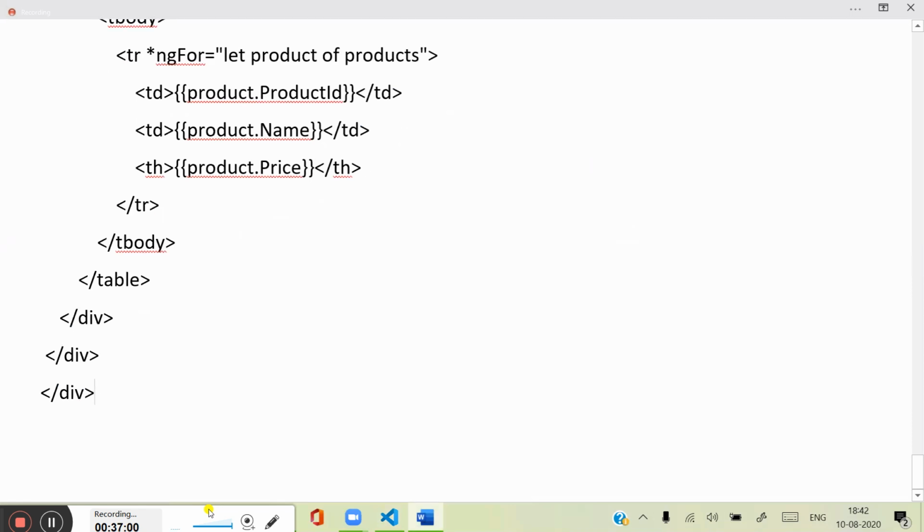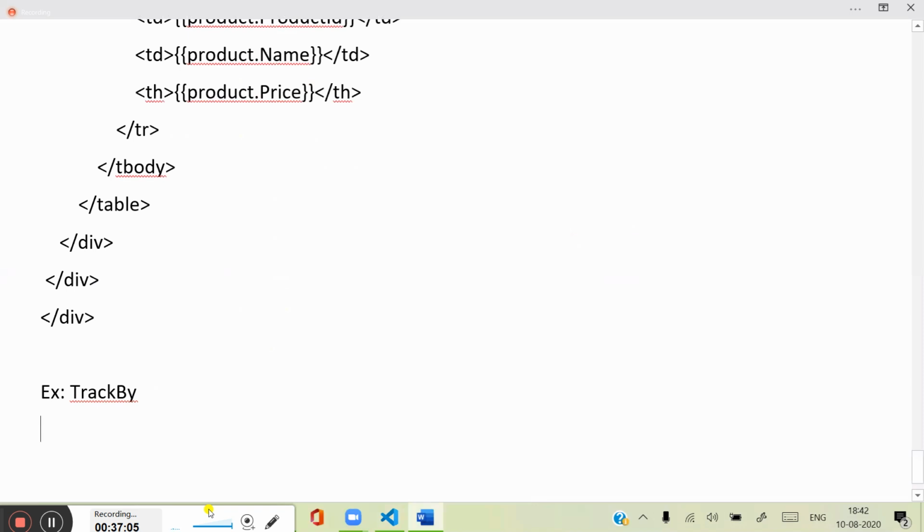So same example, but with some change. What we have to do is